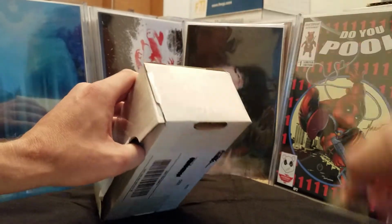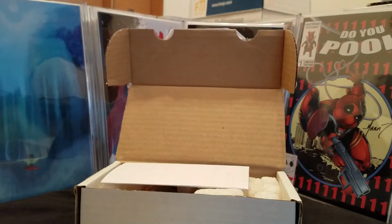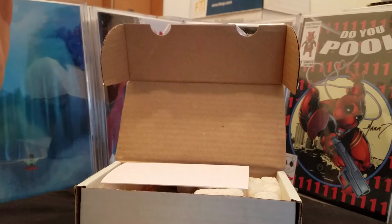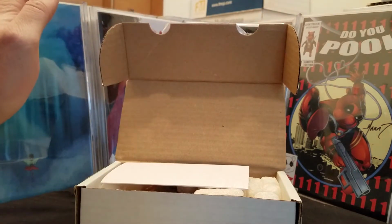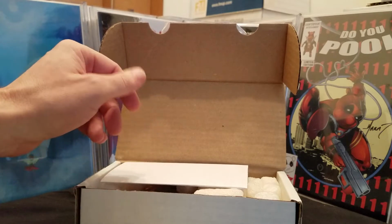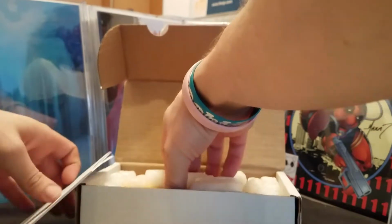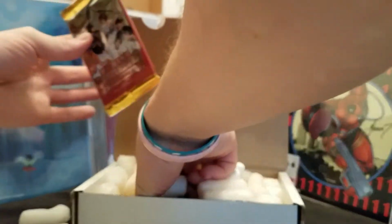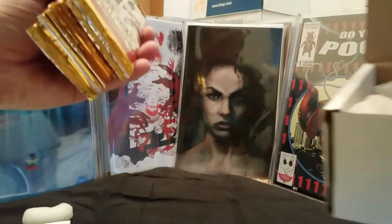So this one I thought was something else. 2015 Panini Contenders baseball. Now, it didn't say hobby packs, but it also didn't say retail on it. It said foil packs. I didn't catch it, and nothing triggered me to question it, until I noticed on the hobby packs it's 8 cards, and on these they say 6 cards, so then I had to look into it and found out that in fact these were retail packs. But